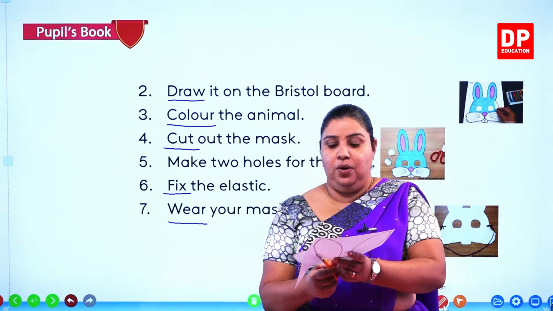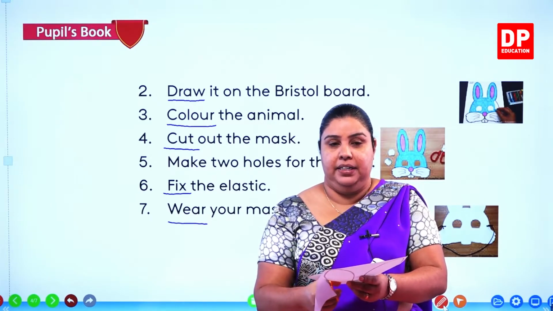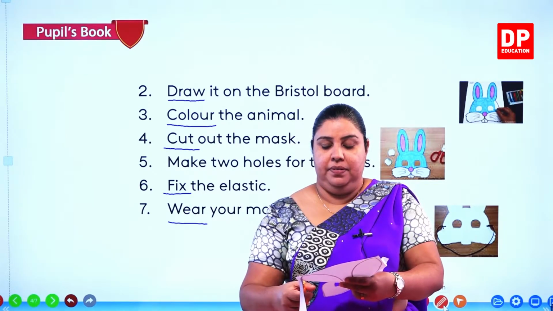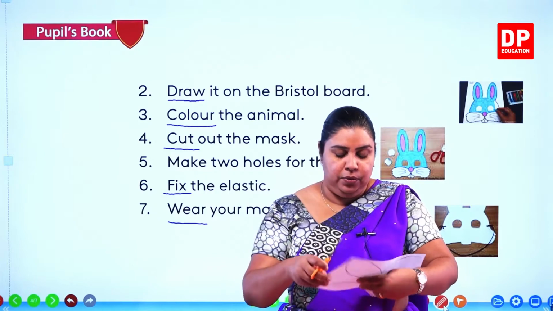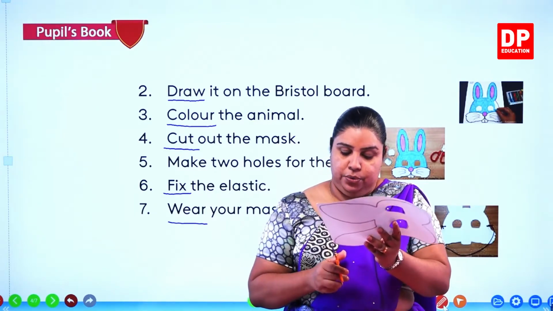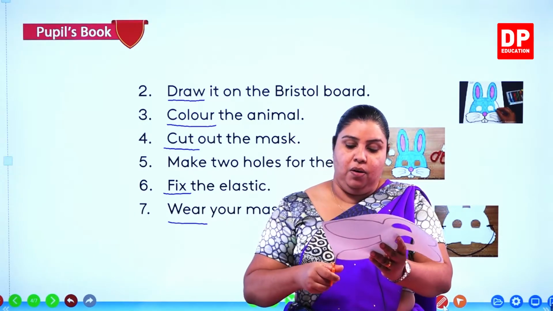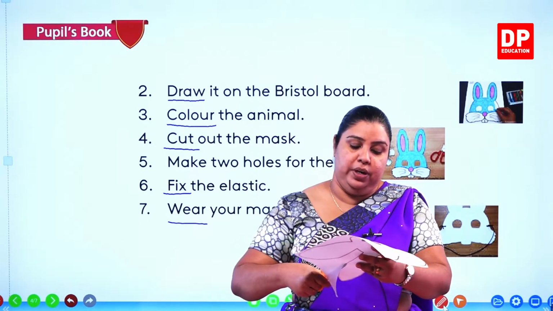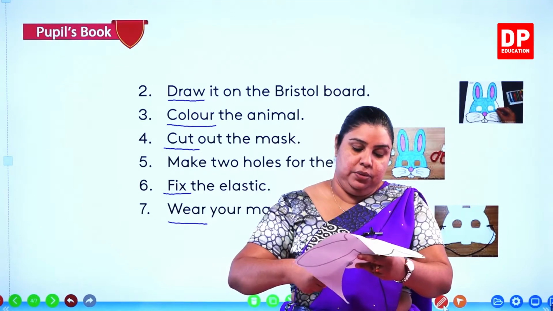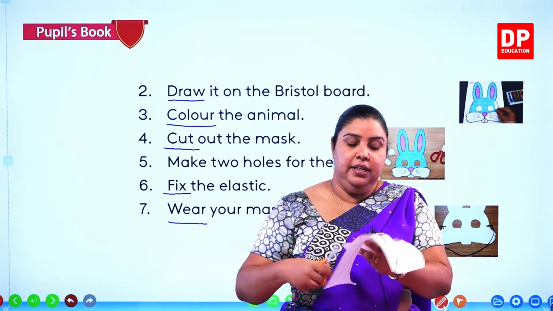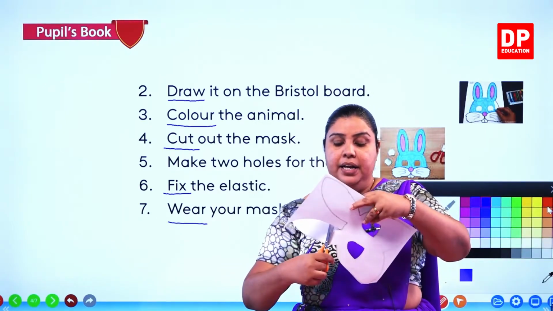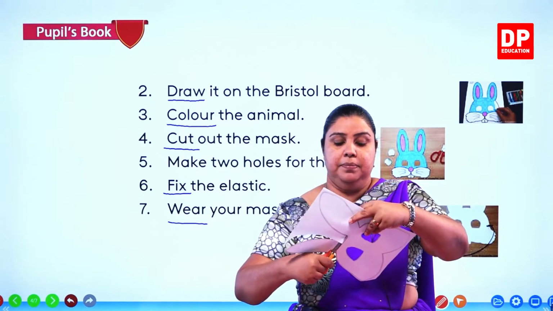Right, this is how you are going to cut it out, right? I hope you can see. Now I'm using a white color paper. You can use a bristle board or any other, a little bit of a hard board would be suitable. It will not be like paper, it will be a little hard, and you can have your mask